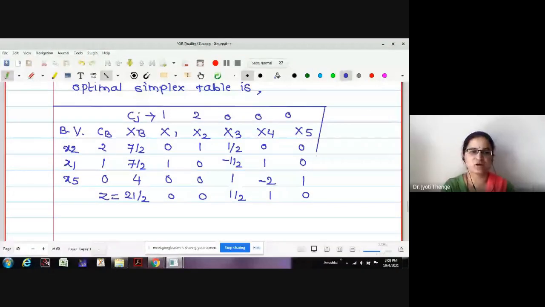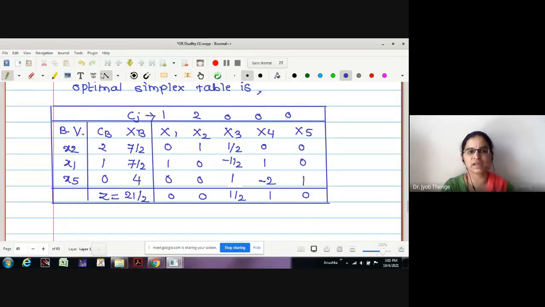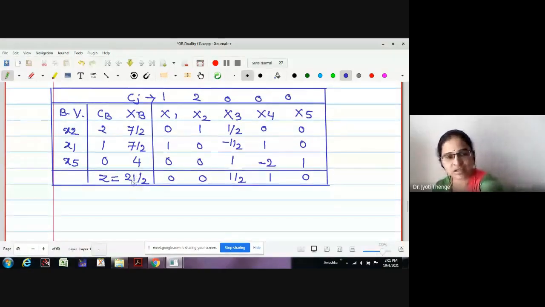Now we are ready to solve by the Gomory cutting plane method. If we observe the XB column, are the solutions integer values? No, it is not. Both values are not integers. Therefore, we have to solve by the Gomory cutting plane algorithm. Both values are 7 by 2, that is 3.5 and 3.5. Both fractional parts are 1 by 2 itself, so they are the same. Therefore, one can select any row for constructing the Gomory constraint.